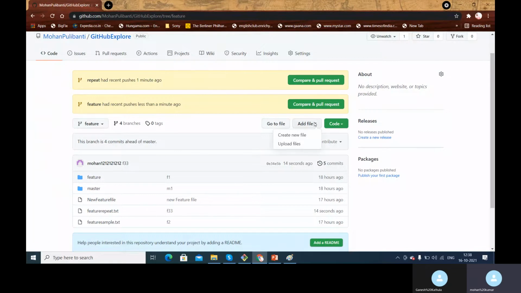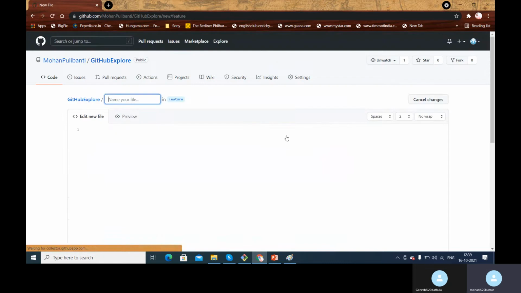So let's say I added a commit over here. Again I'm creating new files over here, and I'll name this as feature remote repeat.